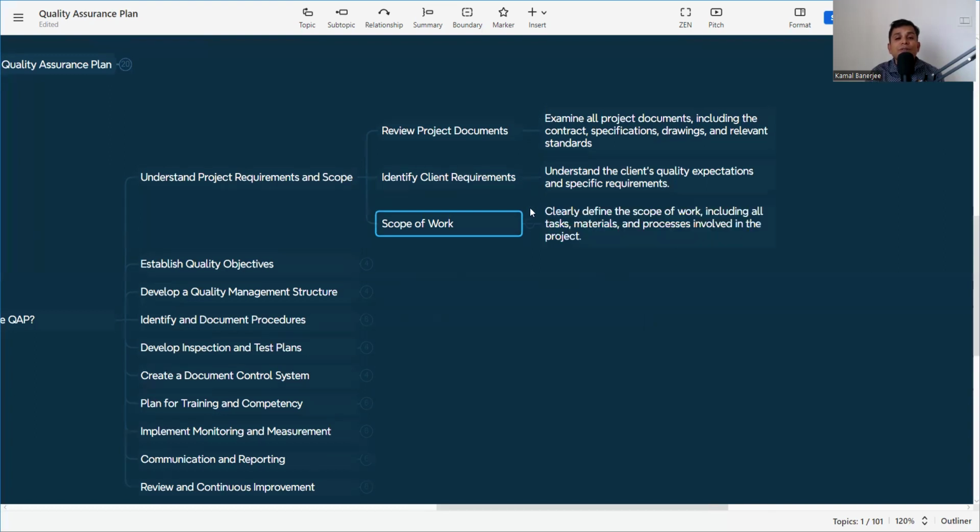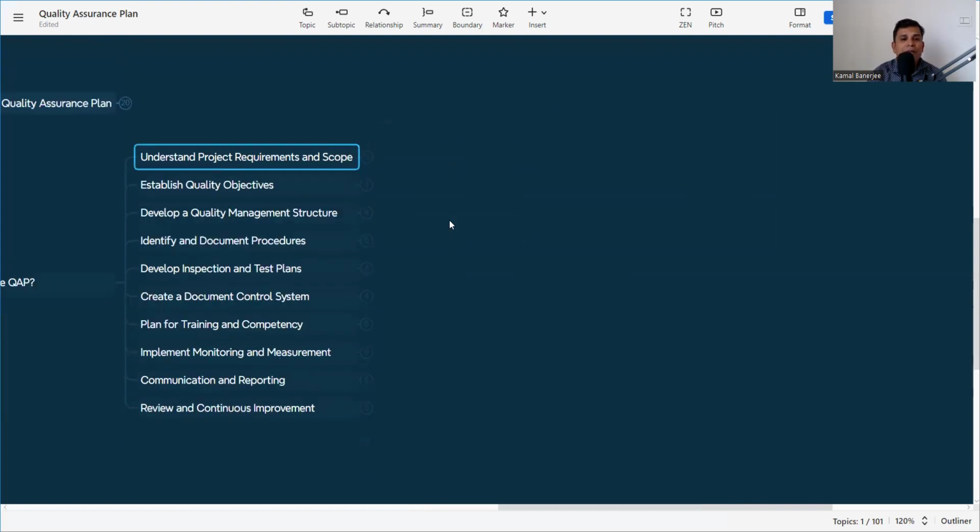So then we need to define the scope of work. We need to define what is earthwork and excavation, PCC work, concreting work, waterproofing work, earthwork in filling, block work, plastering work, tiling work. So these are the scope we need to define first in the quality assurance plan. So this is the project and this is the scope of work, or this is the end product or the requirement of the client, that we need to define for each and every activity. Now, I have defined the scope of work.